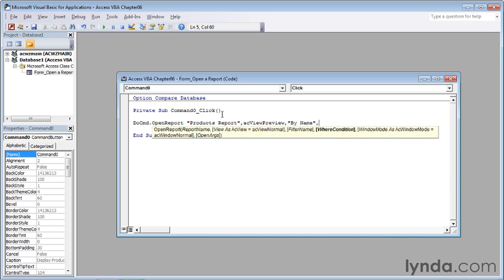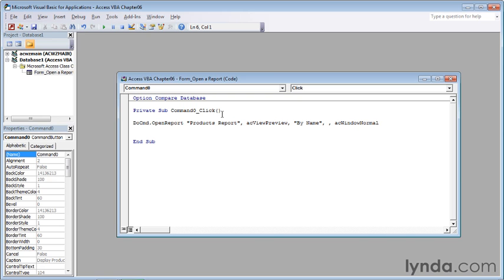The next argument is a where condition, and that is a Structured Query Language, or SQL, where statement that you could type in, just leaving out the word where. SQL where statements are beyond the scope of this course, so we won't be using it, and I'll just type a comma. Next, we can choose how to open this particular report. In other words, what type of window. We can open as a dialog box, as a hidden window, which means it's there and can be acted upon, but the user can't see it, as an icon, or as a normal window. In this case, I'll just go ahead and go with the default, which is normal window. So I will use the down arrow to select it, and then press Tab. Now, if I were to press a comma, I could apply some open arguments, which are basically arguments that you set to control how the report is opened. In this case, we won't be using them, and they're beyond the scope of this discussion,